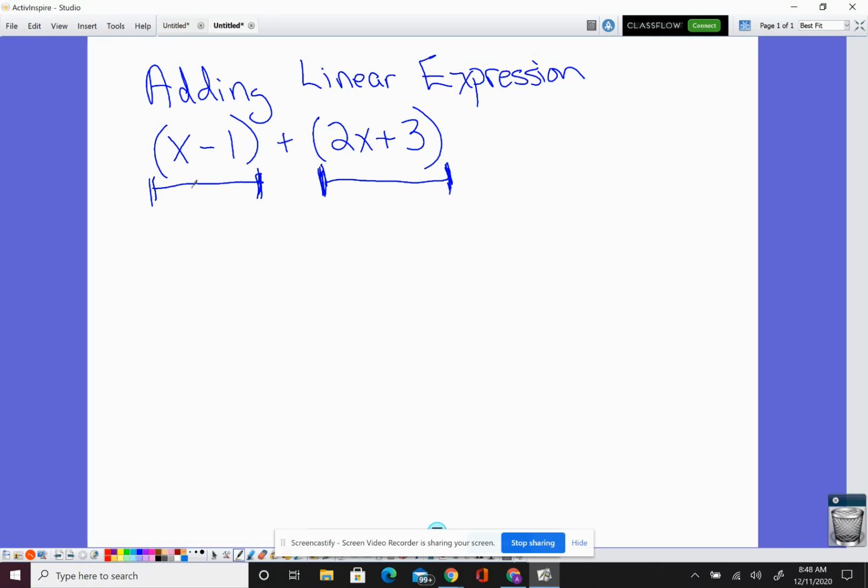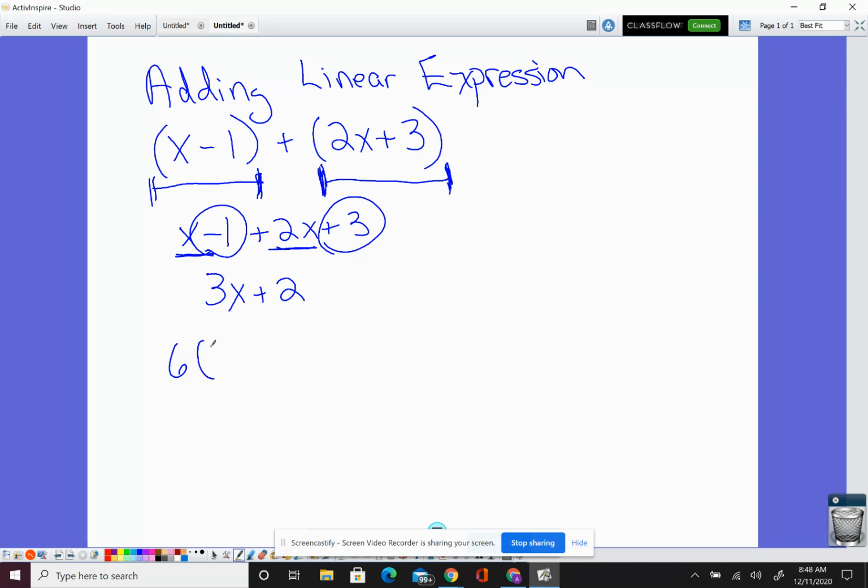So it's really no different unless you can simplify something down inside the parentheses. You just kind of ignore the parentheses. And this is a plus sign here, so we're just adding these on. And then you're gathering like terms. So x plus 2x is 3x. -1 and a +3 is a +2. Just like we did in 30 and 31,